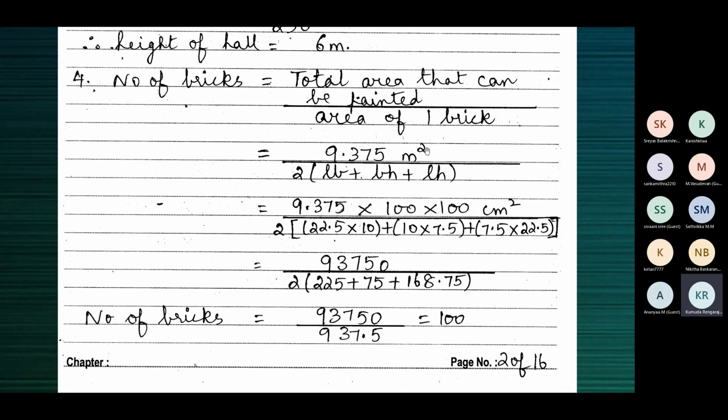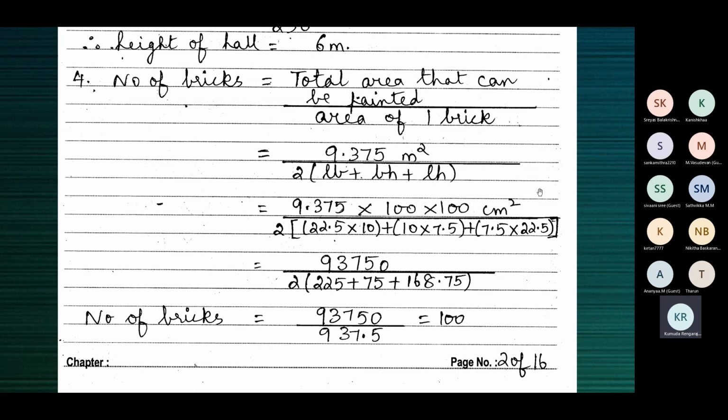Okay, that's one thing. So the numerator and the denominator must be in the same unit. That's important. And the preference is, when we have meter square and centimeter square, we like to convert meter square to centimeter square, because meter to centimeter conversion is multiplying by 100. So it's easier to multiply than to divide.